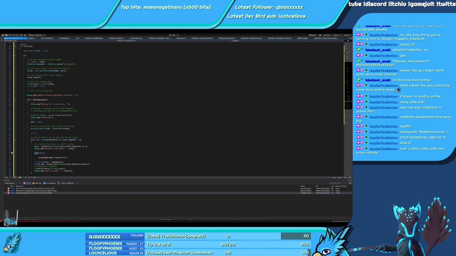By locking a dedicated balance lock. Okay, so it's really something.